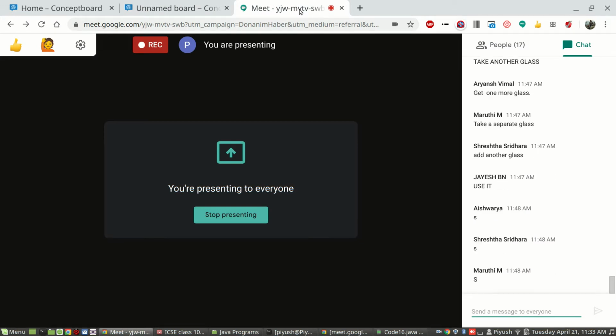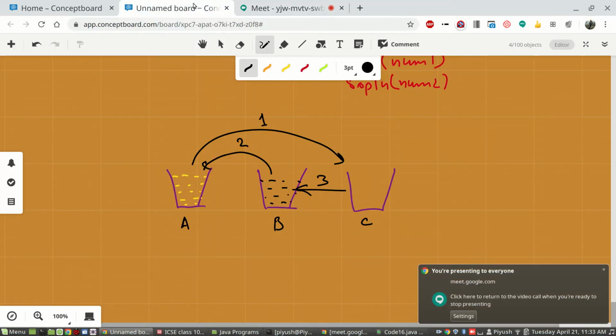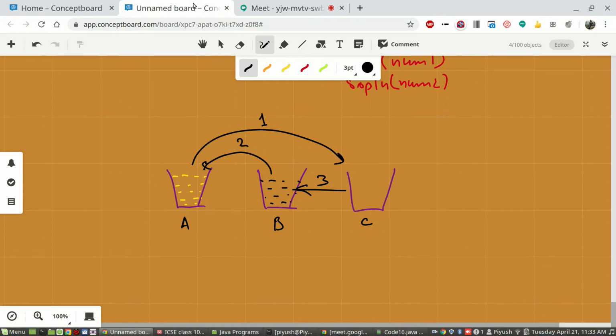Okay, good. Excellent. The same concept, this example that we have done in exchanging the contents of the glasses, or this logic of exchanging juices or the cold drinks from different glasses, we'll use the same concept to solve the problem.